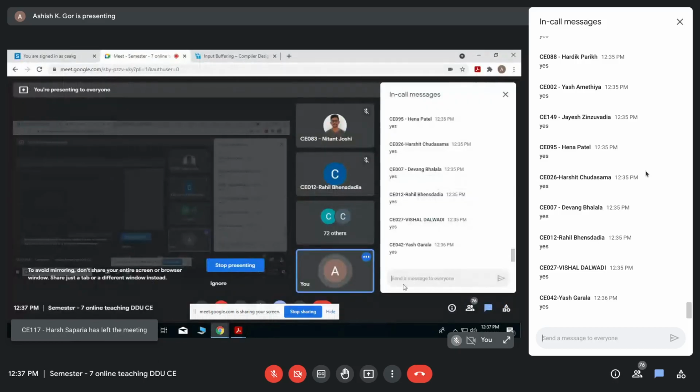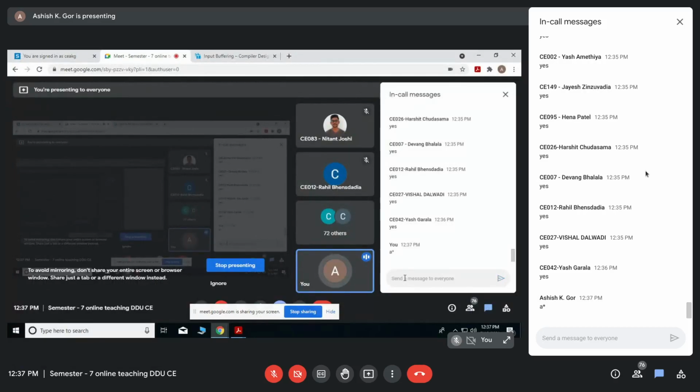Suppose I have seen the input A, and then star. This is my input. Should I automatically say that after seeing the star the token is a multiplication operator? Are you getting my question? I have seen my input is A, then star.